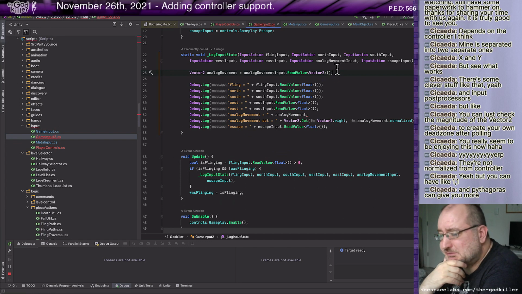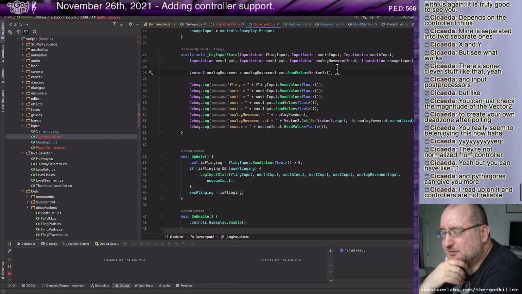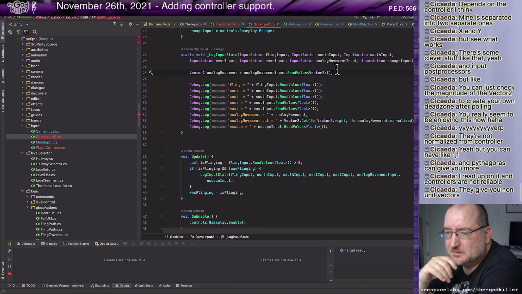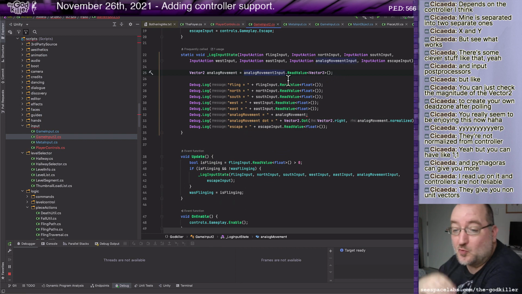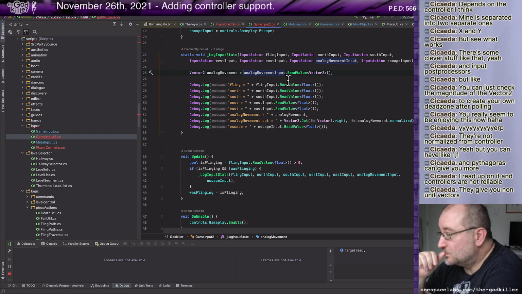But yeah, you can have like 1, 1, and Pythagorean theorem can give you more. Okay. So maybe this value I'm getting from here could have a much wider range of values on different controllers.